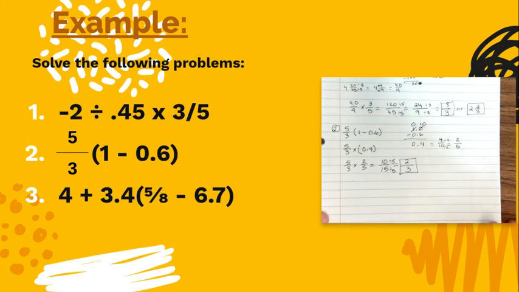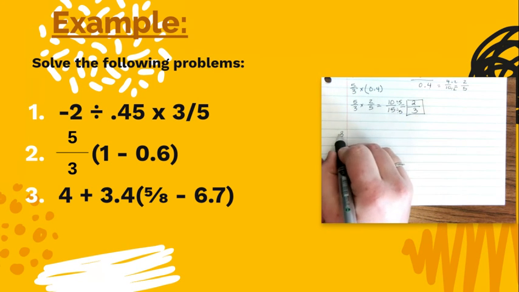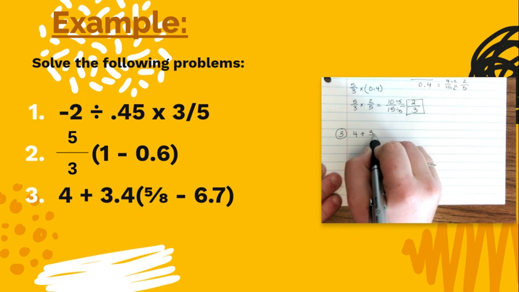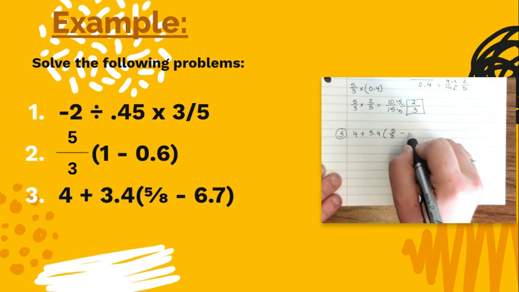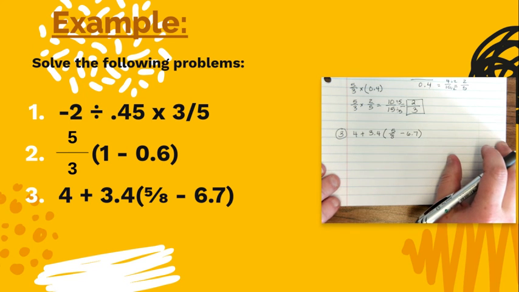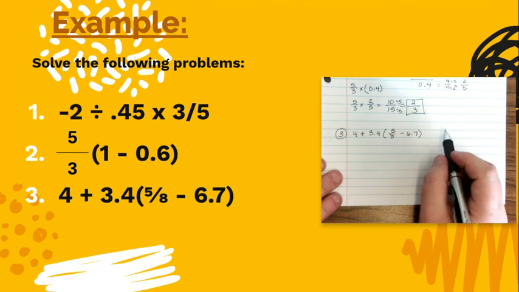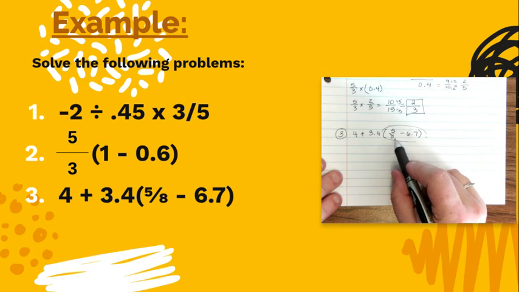Okay, and then we're going to do our last one. Number 3, that's 4 plus 3.4 times (5/8 minus 6.7). I know you're like, Miss Howell, that's a lot of numbers, okay? But we'll get through it together. So we want to do parentheses first. What's in the parentheses first? So we're going to do 5/8